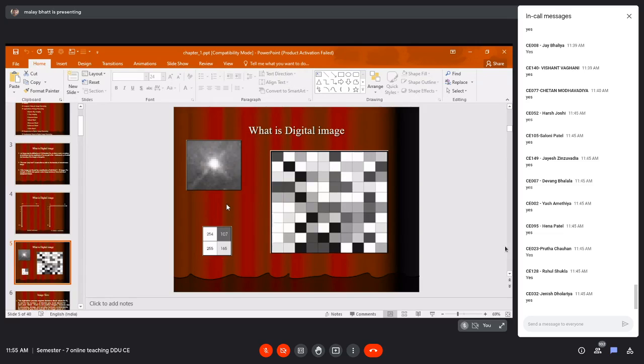So if you zoom into that image, or if you open any image in Paintbrush, you can see that for every point there is some value. For every point there is one value. So if you want to see, we can also do that here. We can open one image in Paintbrush and you can see the impact also.